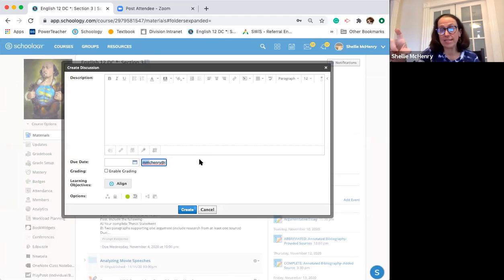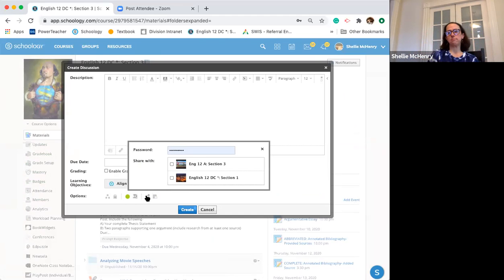All right, that had grades attached to it, so I had to go back and delete the grades. But see this option right here? It wasn't there, right? So for some reason, and I think it's a gradebook issue, if you enable grading, you can't do this. But if you do not enable grading, you can take that one discussion board and share it between multiple